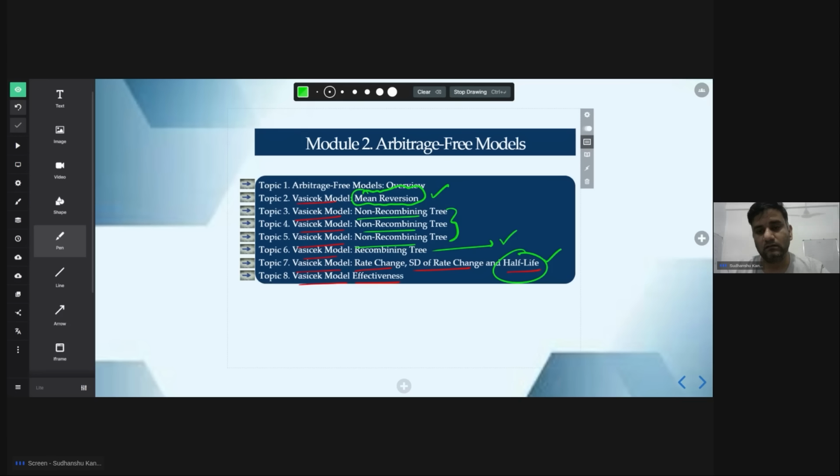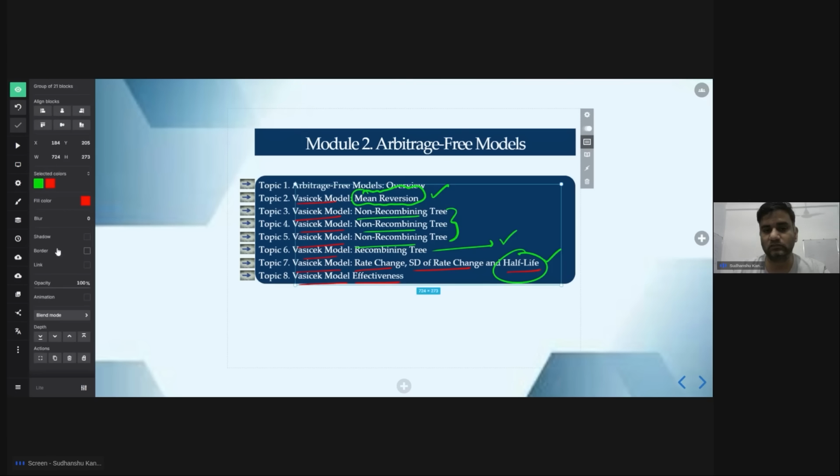All right, guys, let's try to dig deeper. We are moving into module 2. Module 2 is a version where we not only look at the arbitrage-free aspect, but also try to join mean reversion with arbitrage-free. It's a step up from the mathematical models, where we saw no drift, then constant drift, then the Ho-Lee model. Now we are moving to more economically realistic models: Vasicek, CIR, and Hull-White. Just to give you an idea,